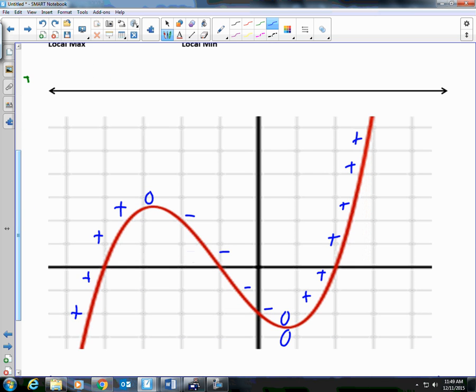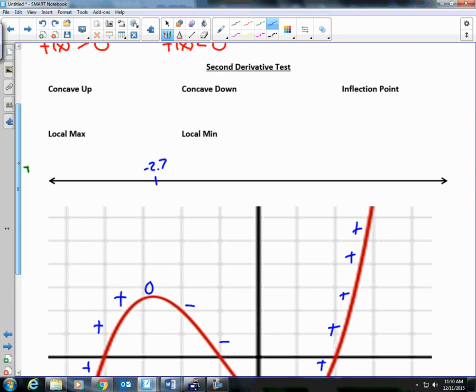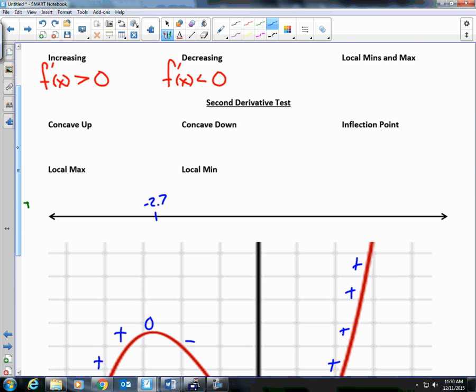True or false, this function is a local maximum at approximately negative 2.7. True. So there's two things that we want to say about it there. What is the derivative of the local maximum? 0. So often what will happen at a local maximum or local min, this isn't all the time, but this is really a 99% of the time case scenario for what we're going to look at. f prime of x is equal to 0. But more importantly, this is, again, most of the time,